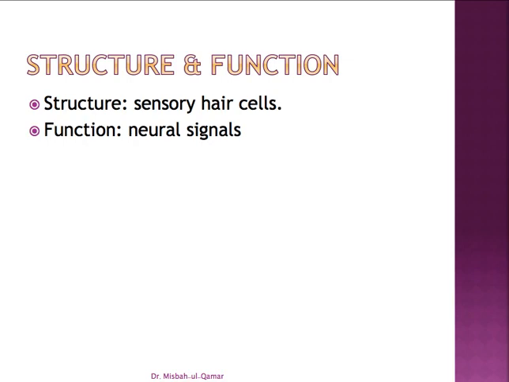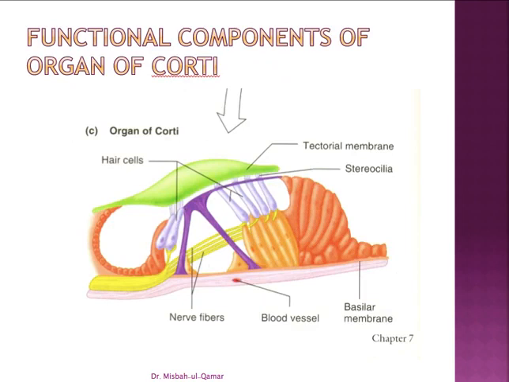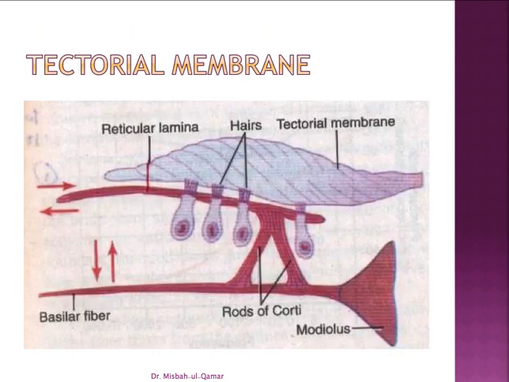The functional components of the organ of Corti are the hair cells, which are inner and outer hair cells. Then there are supporting cells also, and the basilar membrane, of course, and the tectorial membrane. That is very important. So, what is this tectorial membrane? This tectorial membrane,